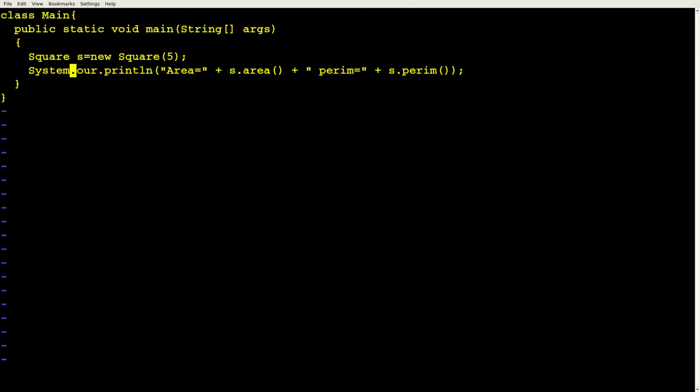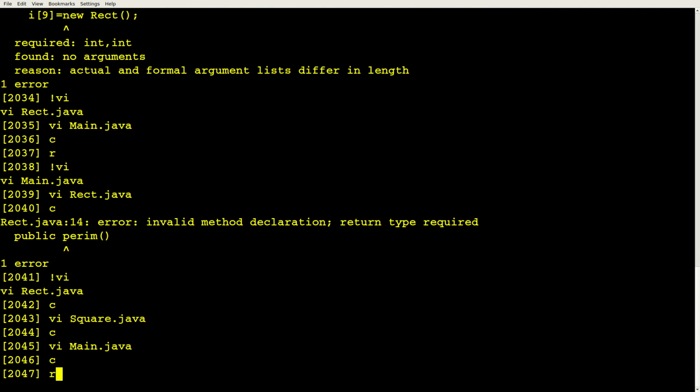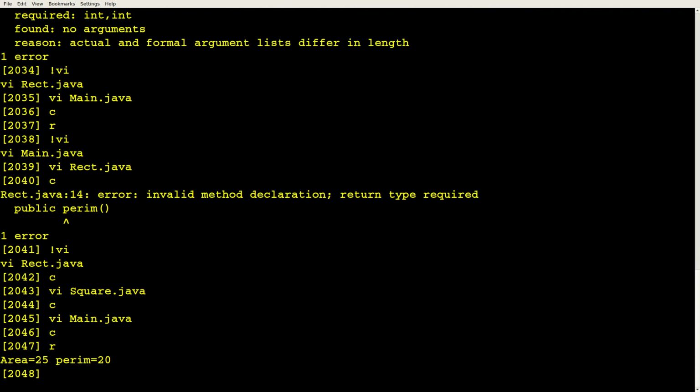I thought something looked funny there. Our println. All right, compile, run, works perfectly.